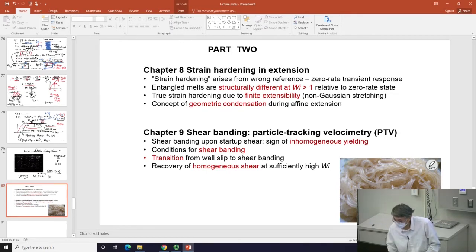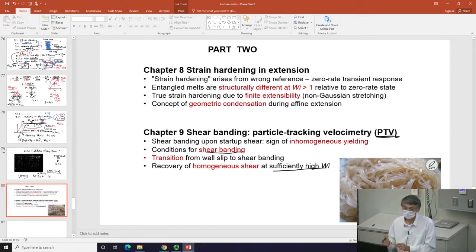We more or less covered most of the topics in chapter 9, including giving you the background of why we start to look at particle tracking, and conditions for having banding, and even conditions for not having banding. We talked about it, however brief that is,